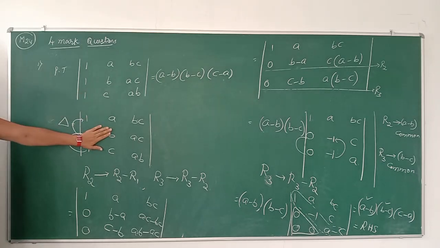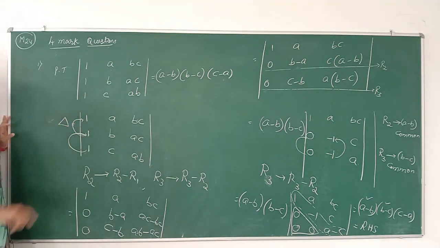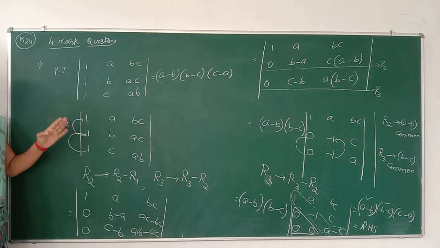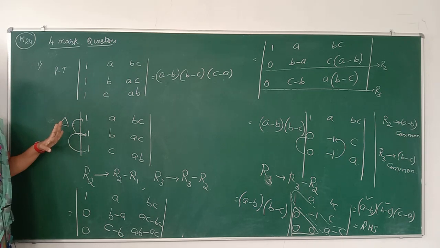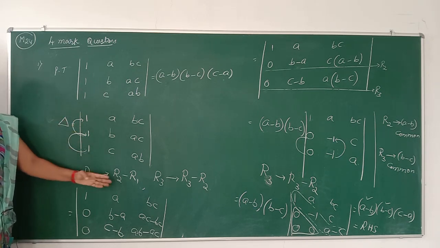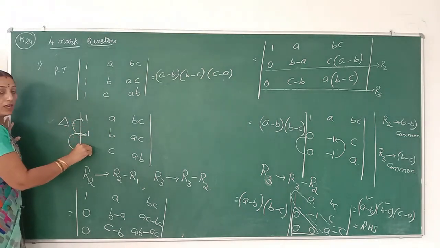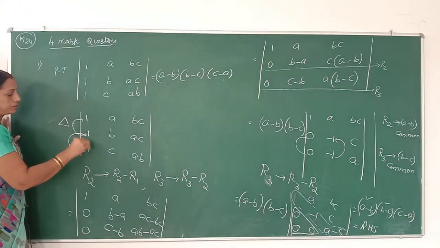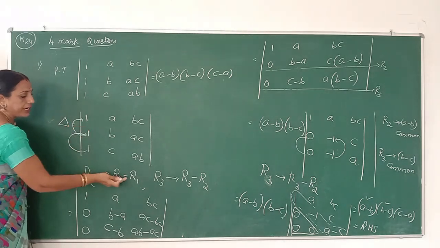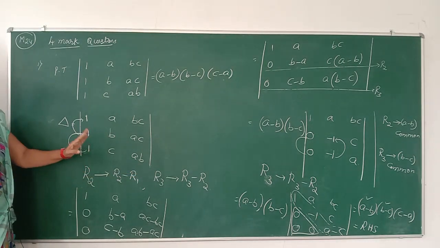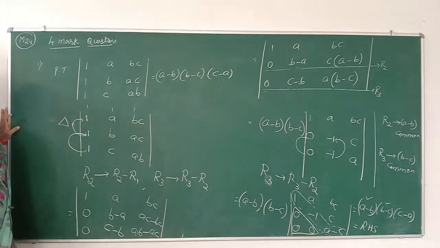First we consider the LHS. Any row or any column whose elements are all 1: when a row or a column has all elements 1, 1, 1, it can easily be made 0 after some operations. If all these elements are 1 in a column, then we operate row-wise. Suppose all these elements are 1 in a row, then we operate on the columns.